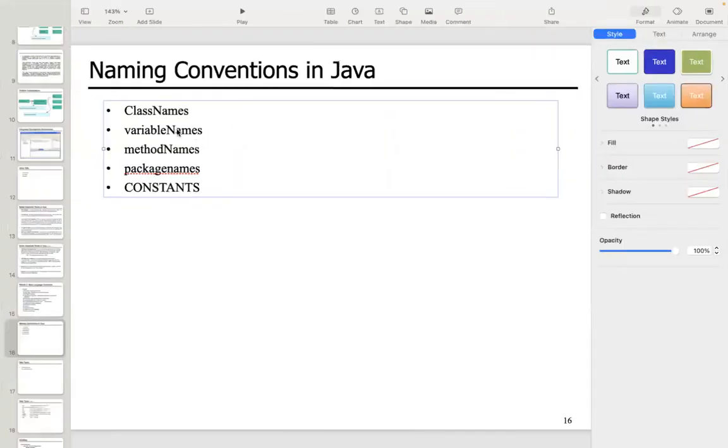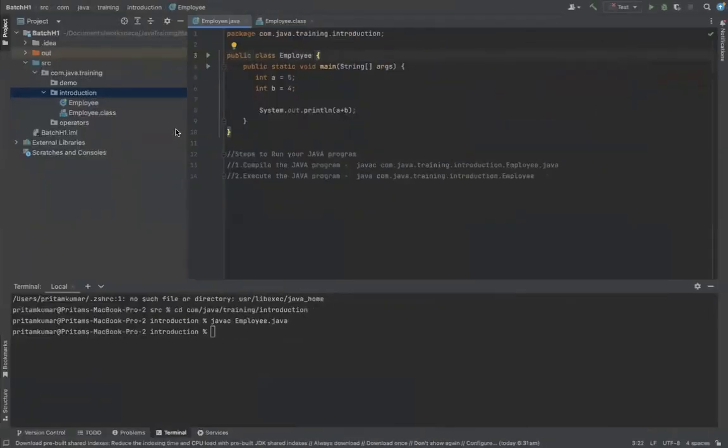Now let's see what naming convention we follow for variables. So variables are basically like,